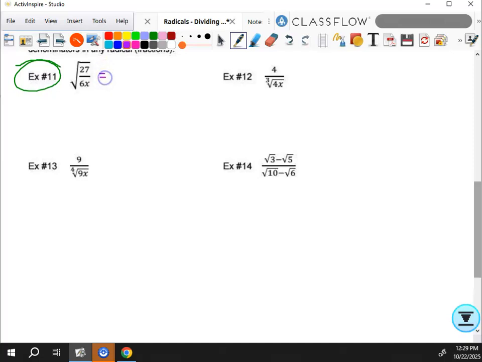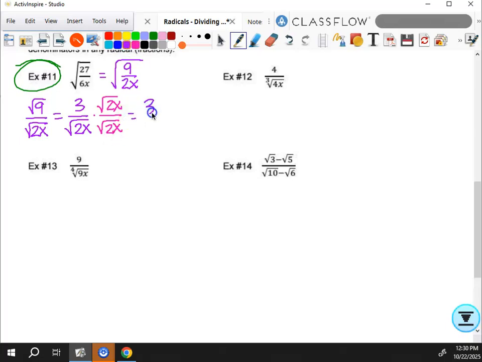Okay, if I simplify, that gives me the square root of 9 over 2x. Do we agree with that? Yes? Then I can make that the square root of 9 over the square root of 2x. Square root of 9 is 3 over the square root of 2x. Then I rationalize, square root of 2x over the square root of 2x. So then that's going to give me 3 square root of 2x